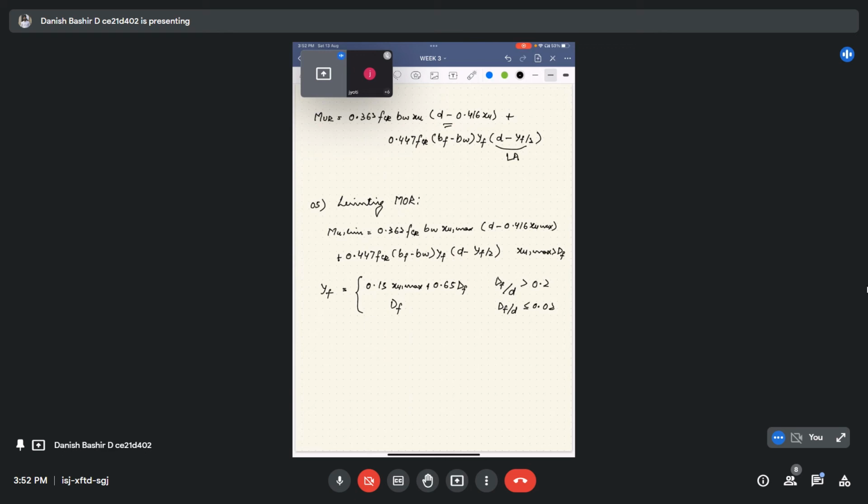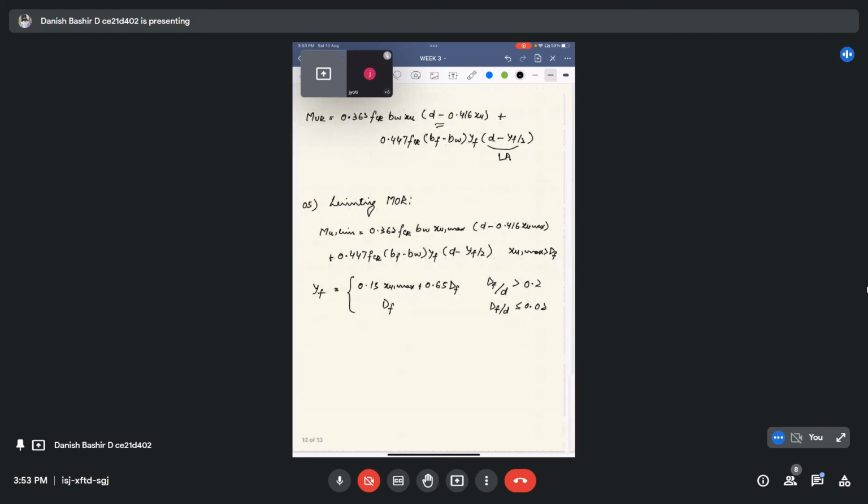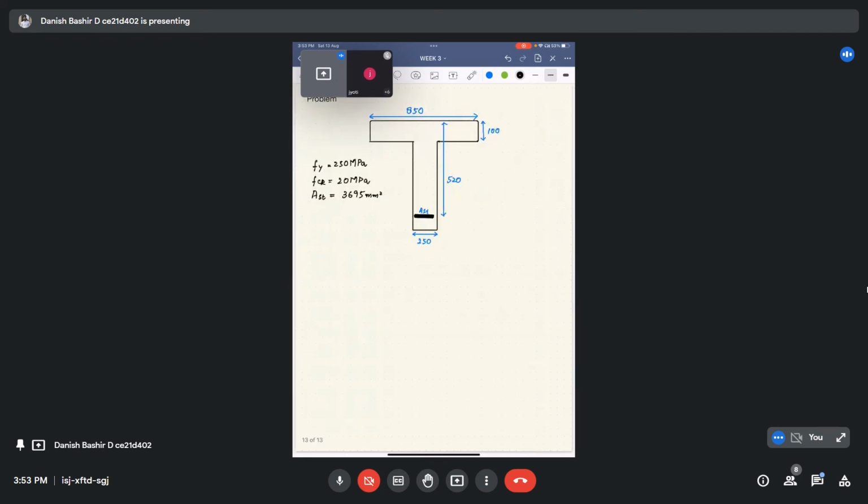Same, limiting moment of resistance will be when the depth of the neutral axis will be equal to XU max. Substituting all the values, we can get MU limiting. So the problem for this question will be